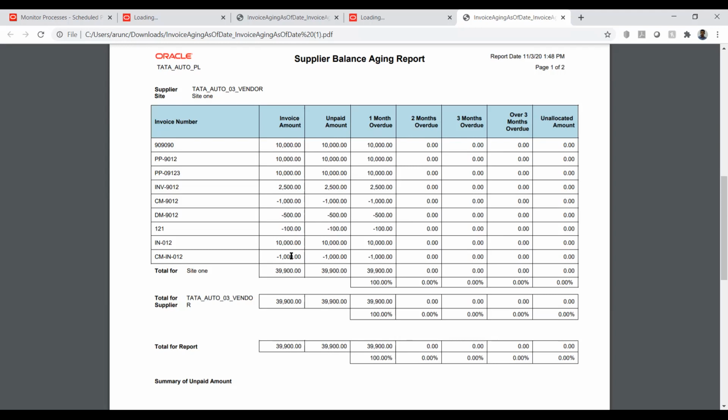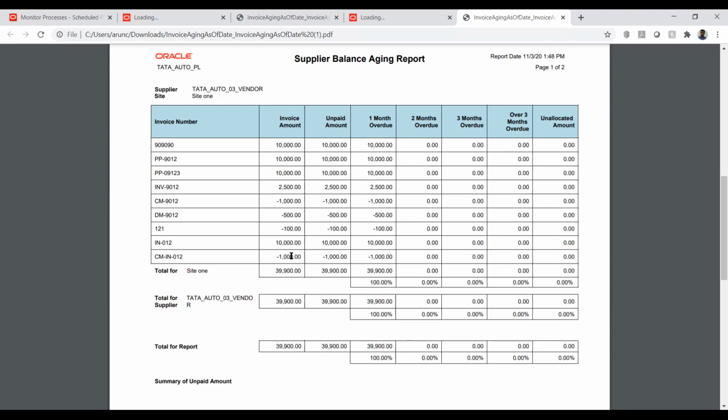In Oracle, if we are matching with the purchase order, it will tell us this is the unit price that we agreed, this is the unit price when we received this particular quantity of the item, and this is the price that we are seeing in the invoice.